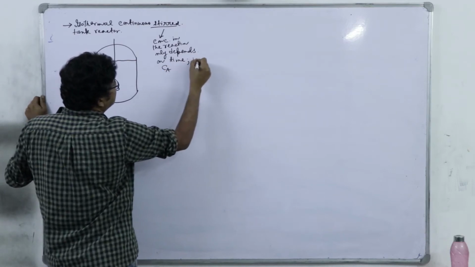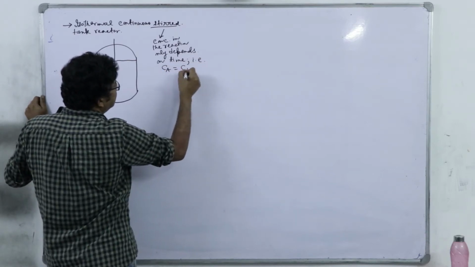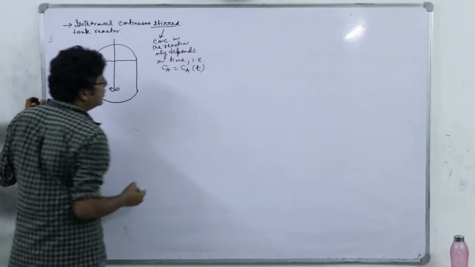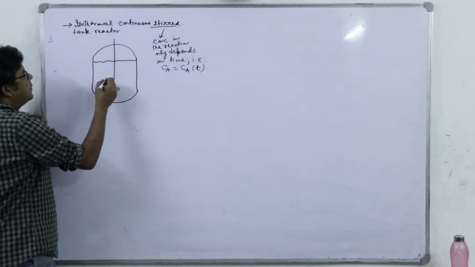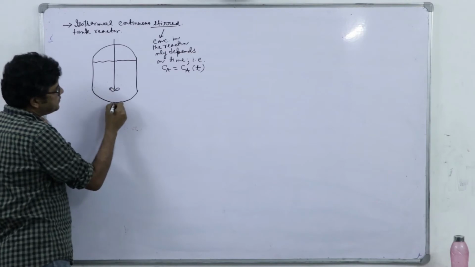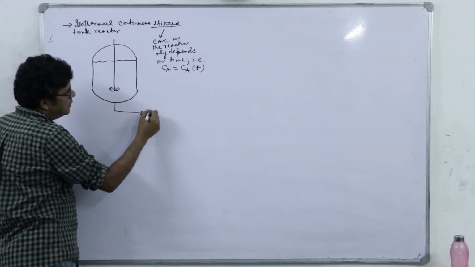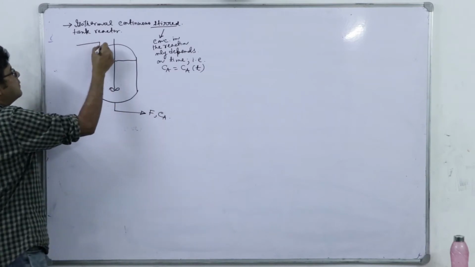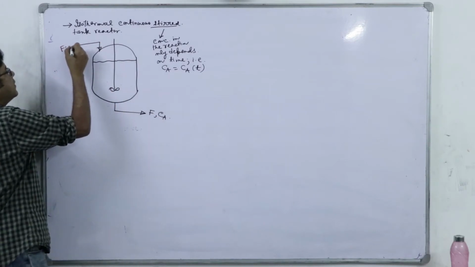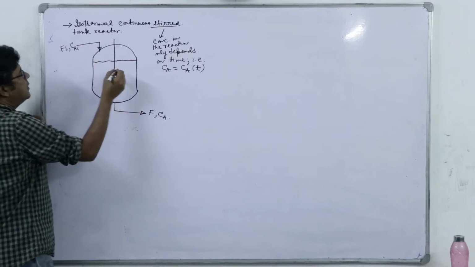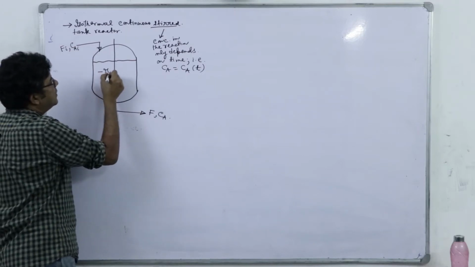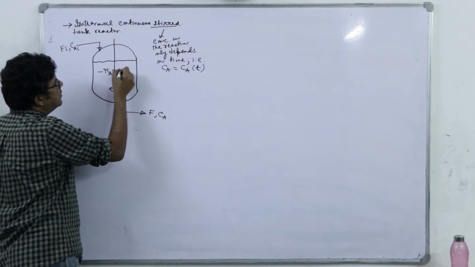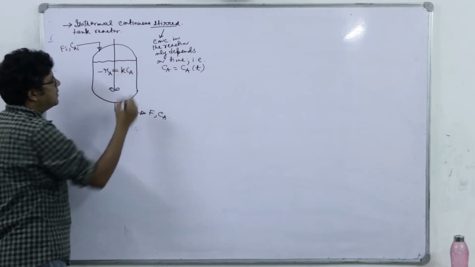That is, Ca is a function of time only. So, we have the outflow rate F Ca, inflow it is Fi Cai, and a reaction, minus Ra, represented by a first order kinetics, let us say, is